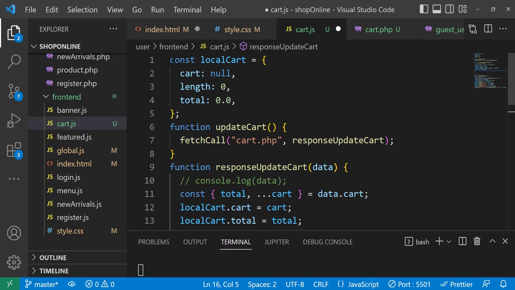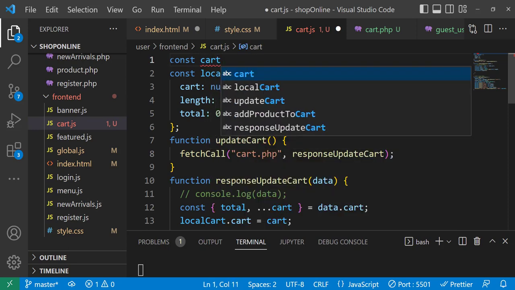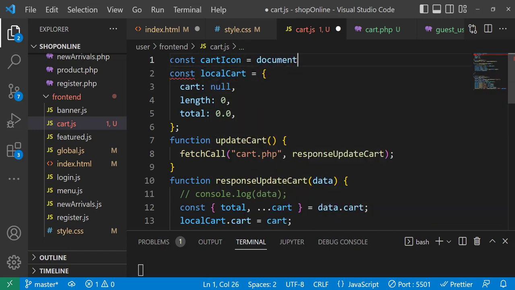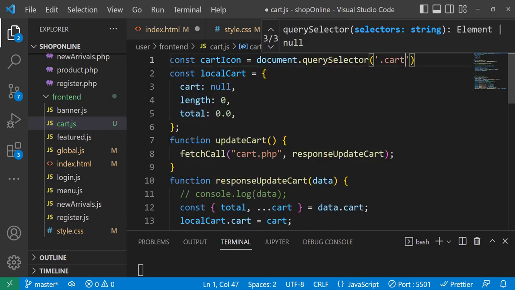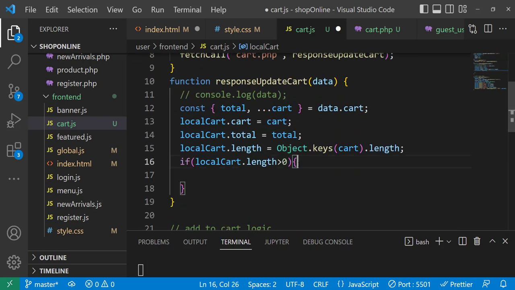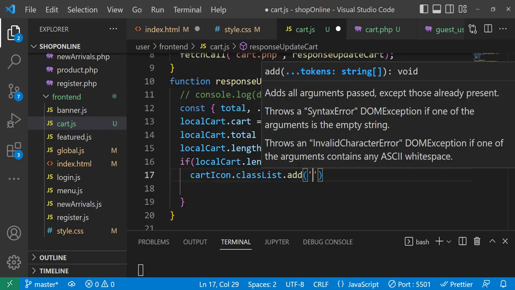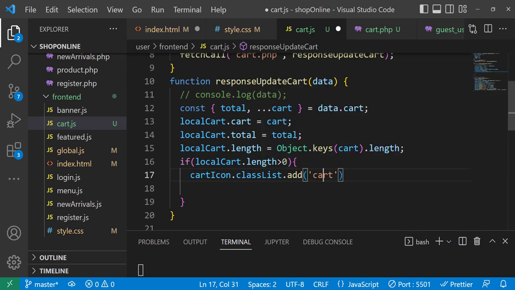Okay, so let's get a reference to our cart icon. Cart icon dot class list dot add cart.empty,